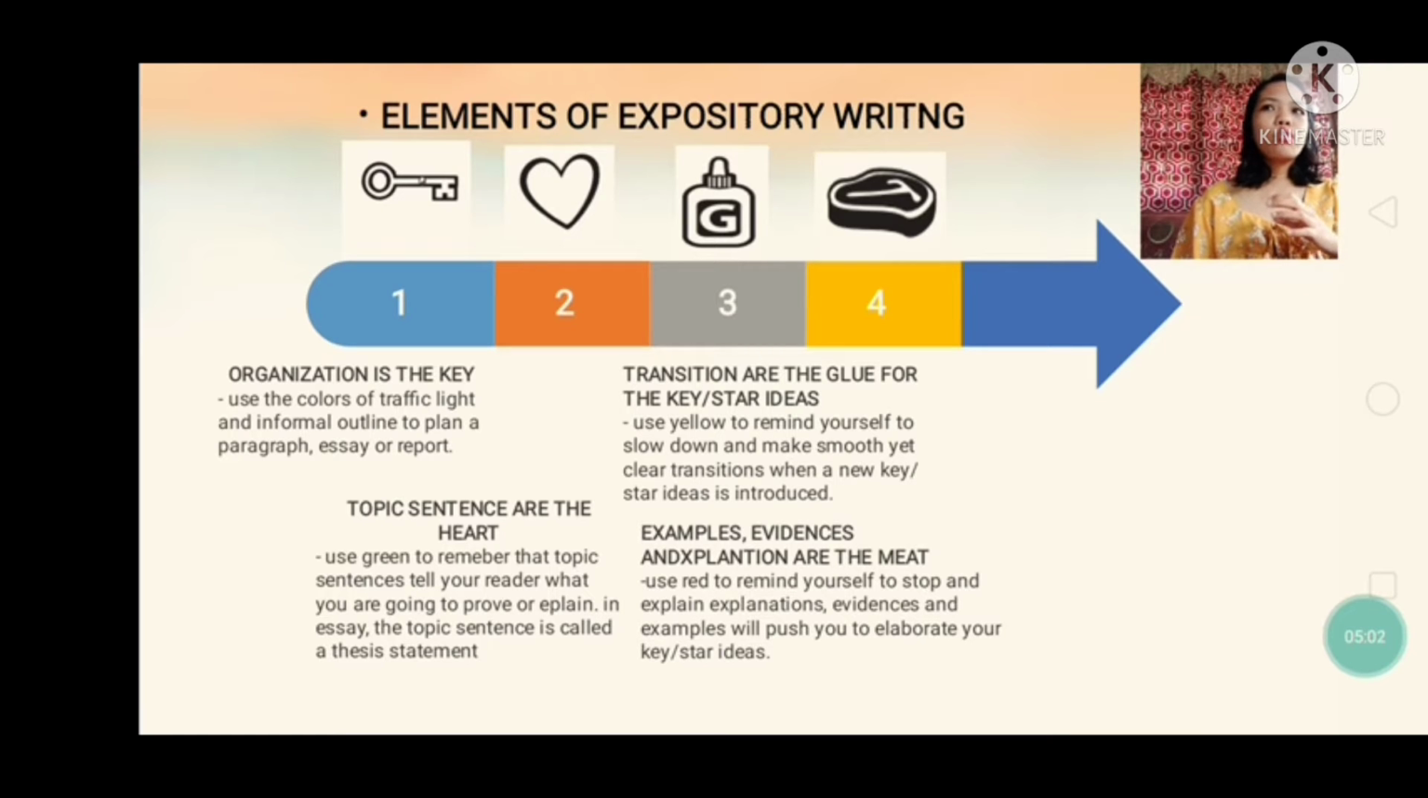So, you should always remember that when you are going to give an example, you should elaborate your example so that the readers will understand what you are trying to point out, what you are trying to explain, or to give emphasis in your writing. And number 5,